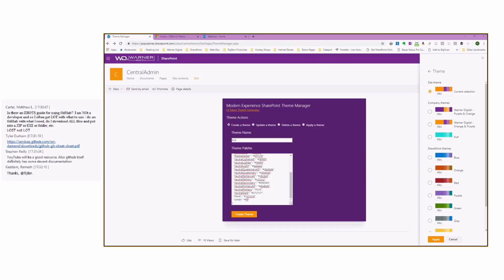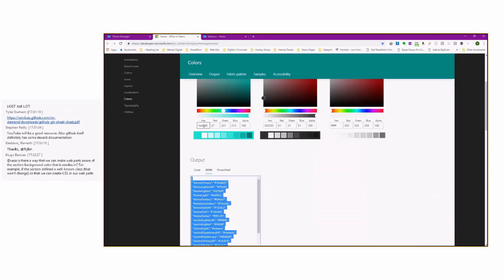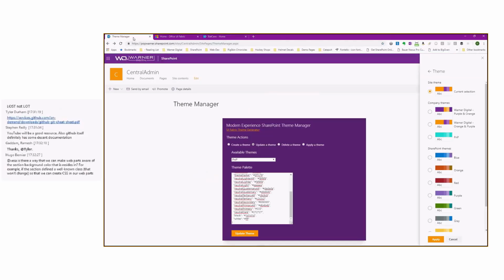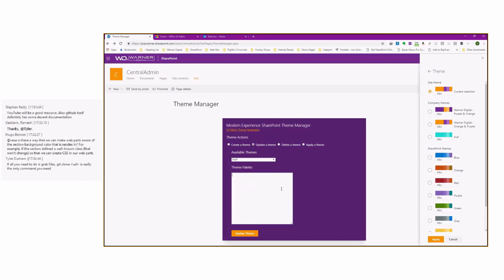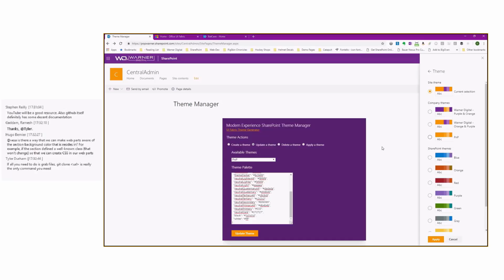But now let's say we want to update it. And let's say we come in here. Vesa maybe is not quite super happy with the PnP teal. I know he likes it, but we know he loves what more? Orange. So we're going to come over to UI Fabric again. We're going to paste in an orange color. We're going to copy our palette. We'll come back, and we see that the available themes has already been generated for us. And all these are being accessed by just a REST API. So I'm going to go ahead and select the PnP. I'll go ahead and select all of this, paste in the new palette, update theme. We can see it's been successfully updated. So if I close my change the look, come back, theme, we can see now we've got PnP, all orange.